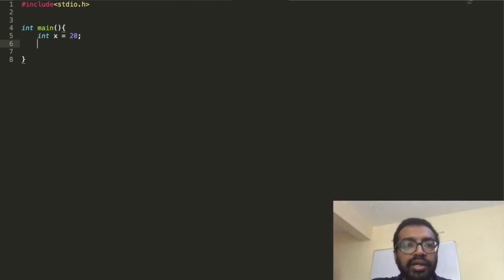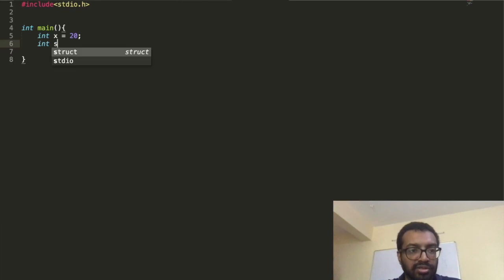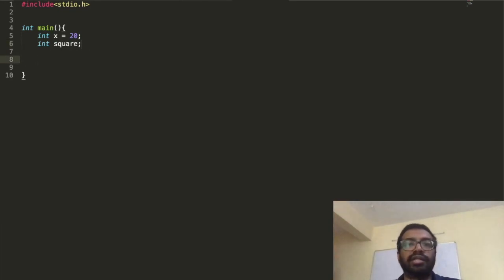I want to output, I want to print its square. Okay, so I want to print the square of this number, so let me call it square. So I'm going to also declare the square variable. Okay, so I've declared the square variable, and now I want to find the square of this number by